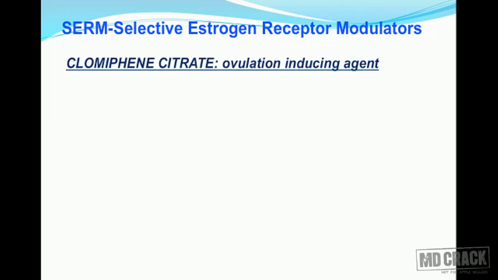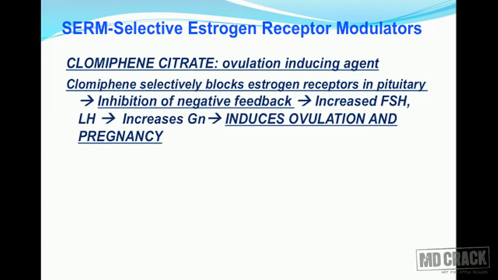The first important substance is clomiphene citrate, which is used as an ovulation inducing agent. Please understand the mechanism of action of clomiphene. How does it act? Clomiphene selectively blocks the estrogen receptors in the pituitary. When it blocks the estrogen receptor in the pituitary, there is inhibition of